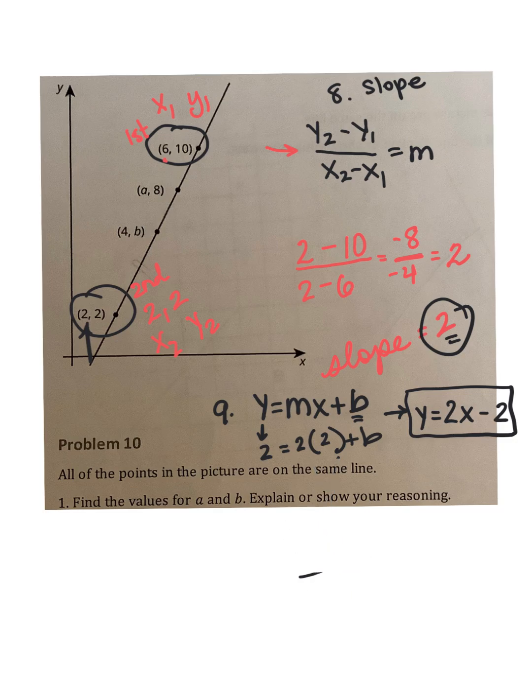Finally, number 10, the toughie. There's several ways to figure this out, but I like to use the slope formula to help me. So since I already know the slope is 2, I can use my slope formula. I'm going to use the point 6, 10, okay? And then I'm going to go for A first. We'll do A first. So y2, which is 8, minus y1. So here, instead of x1, I have A, but x2 is 8. Okay, 8 minus 10 over